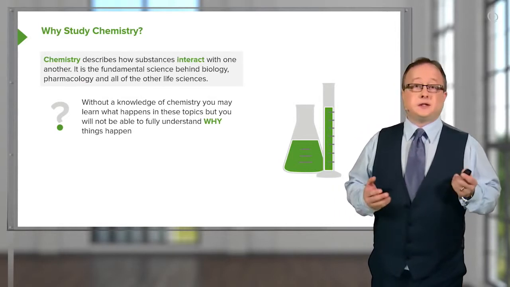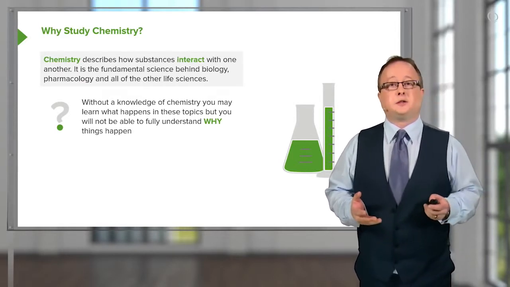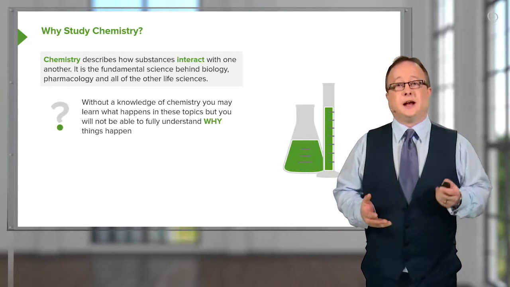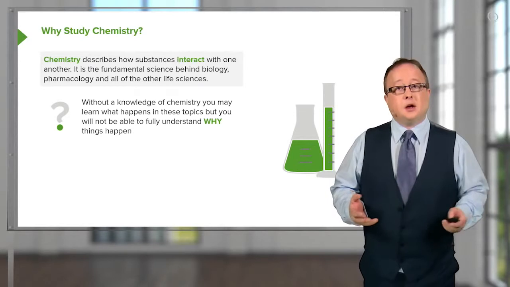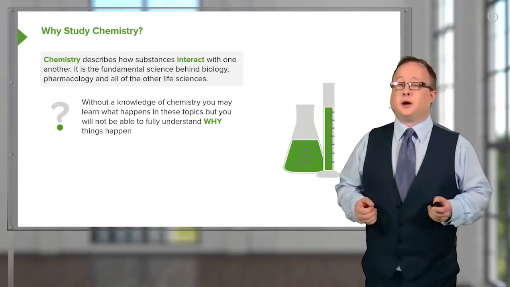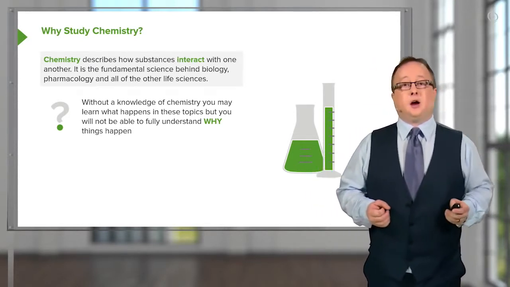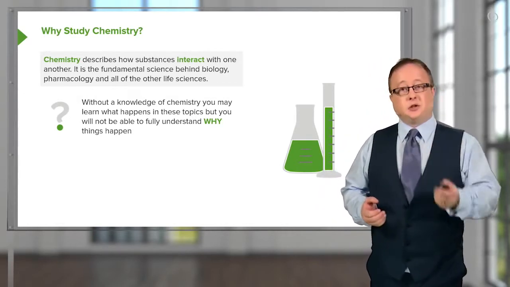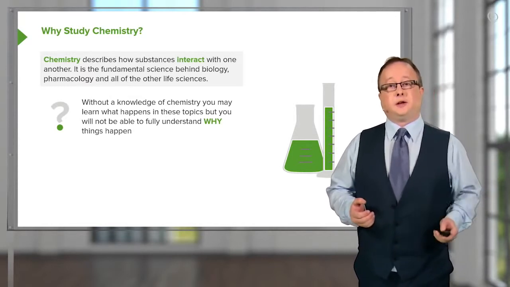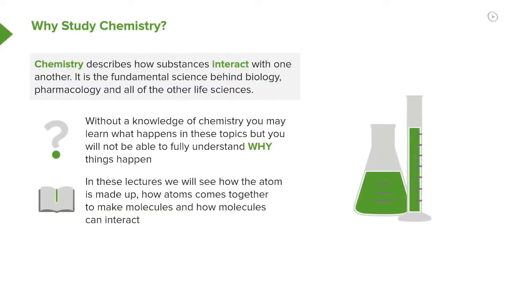There are, of course, some exceptions, the exceptions being the biologics, such as the more recent ZMapp 3 monoclonal antibody treatment for Ebola. But equally, more reported in the last couple of years was the Niemann-Pick 1 inhibitor, which is actually a small molecule derivative. So chemistry itself is very important in the context of medicine. In these lectures, which form part of the course as a whole, we will see how an atom is made up, how they come together, and how they interact with each other.